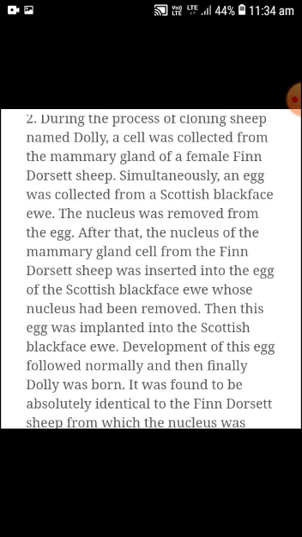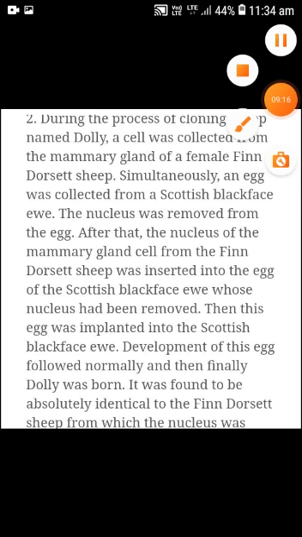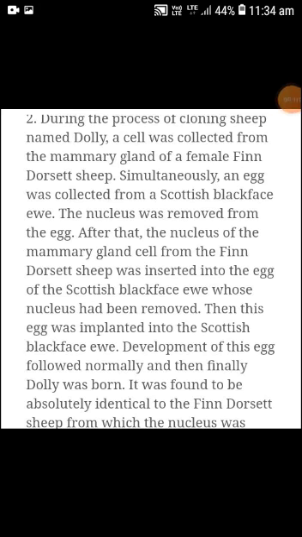During the process of cloning the sheep Dolly, a cell was collected from the mammary gland of a female Finn Dorset sheep. Simultaneously, an egg was collected from a Scottish Blackface ewe. The nucleus was removed from the egg. After that, the nucleus of the mammary gland cell from the Finn Dorset sheep was inserted into the egg of the